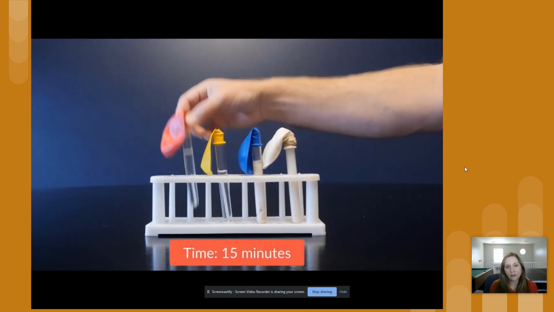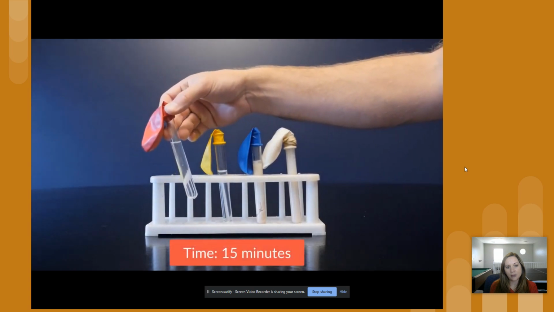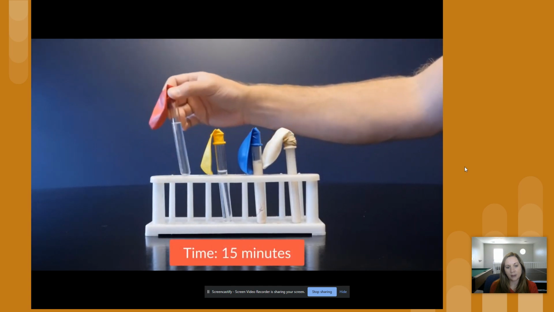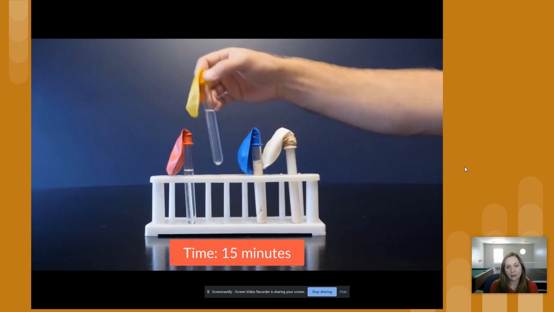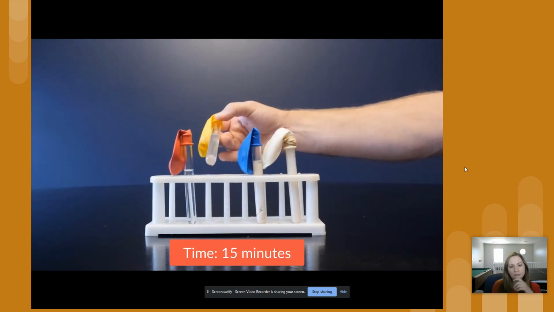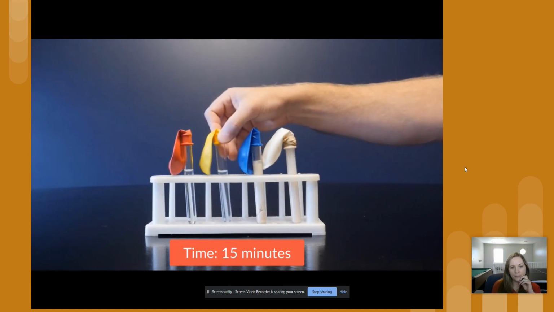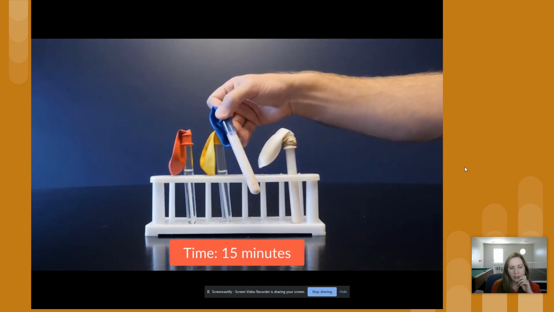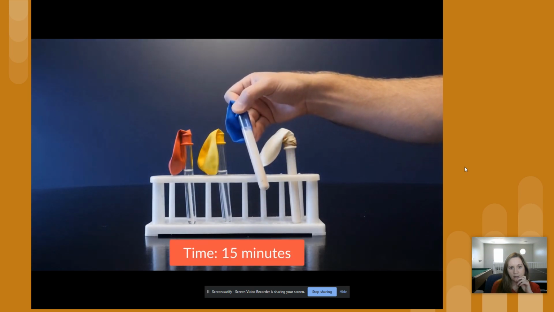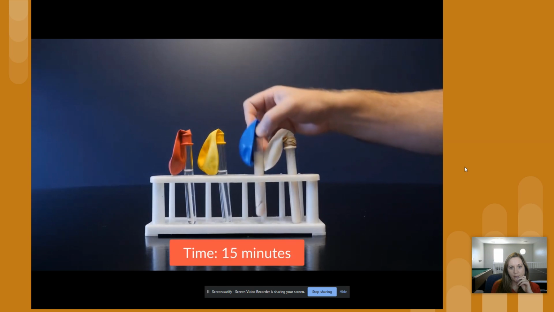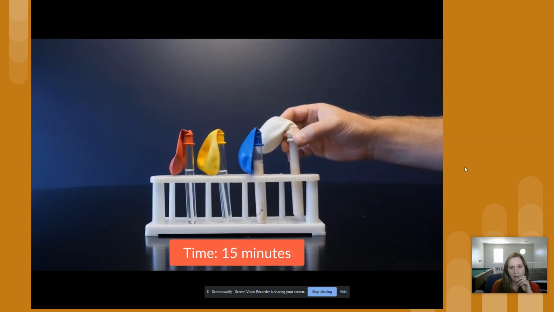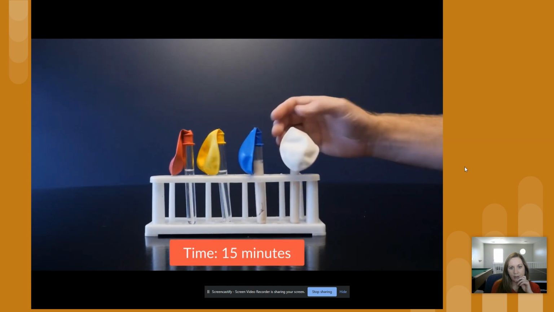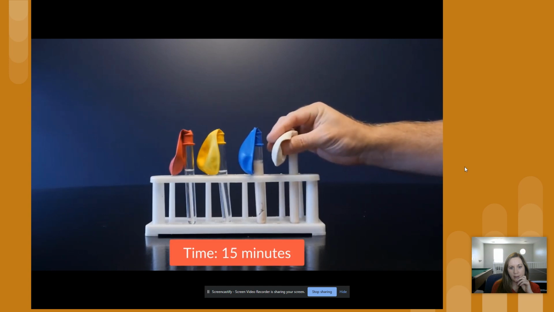Okay, now this is after 15 minutes. There's still no change to the plain water. The balloon is not doing anything. No change in the sugar. Sugar water looks the same. Really no change in the yeast water, still looks white. And this is the sugar, yeast, and water, and you're going to start to see there's a little bit of